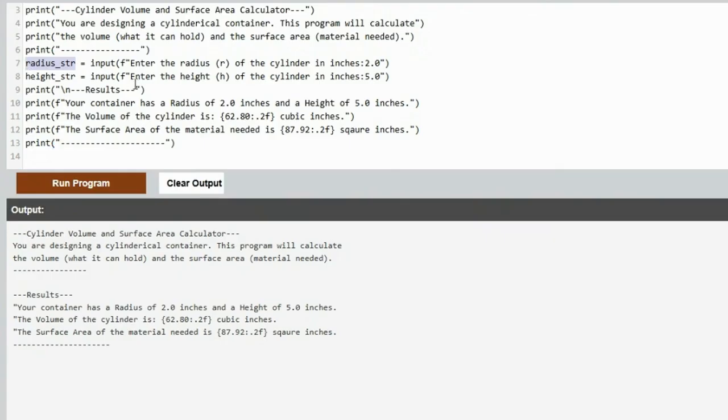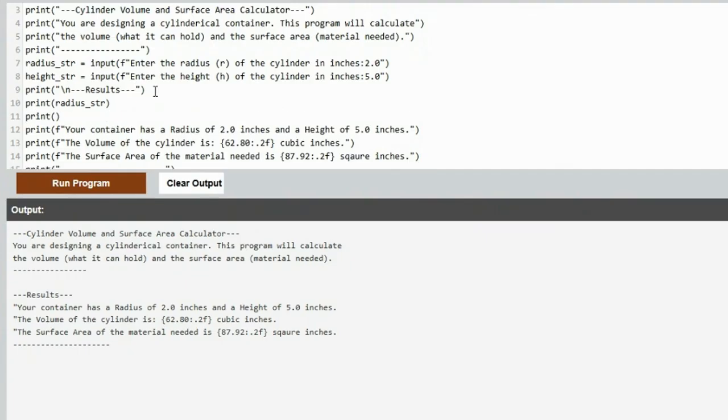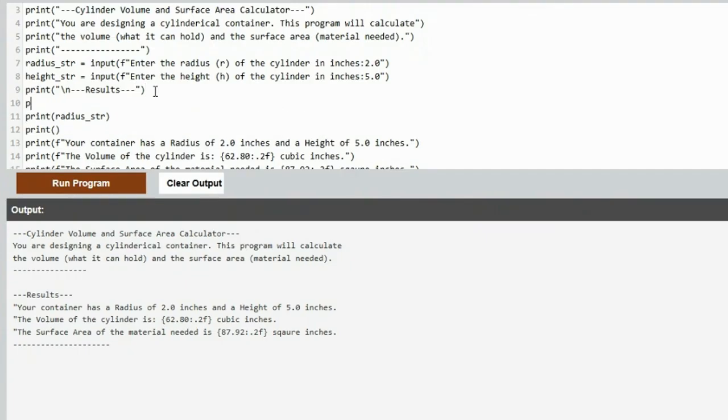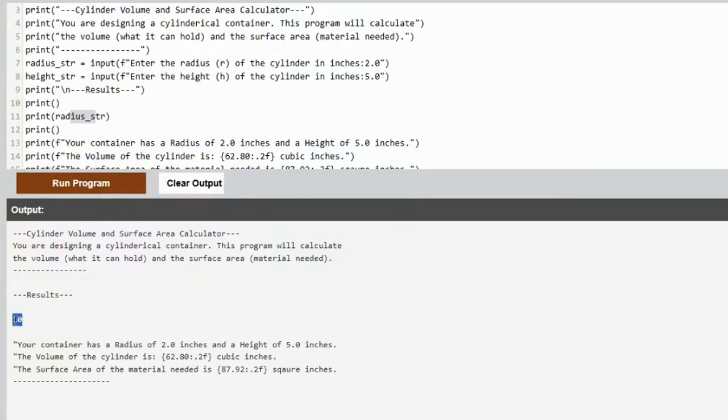It's right there, radius STR. So if I said print radius underscore STR, since that's what you named it, and then I'll print just a blank line to separate it. So before and after, I'm going to print a break line just to make sure this is working. So if I run this and I'm going to type in 10 and 15. Yeah, it's printing out 10. So it did save my 10. You just didn't use it. See, there's the 10 that I entered. I said, print that. So it probably saved my 15 right there like it's supposed to.